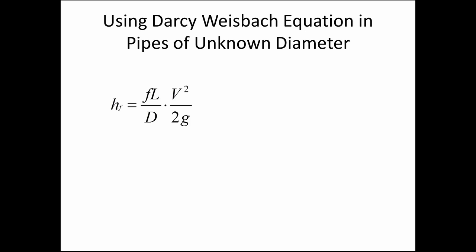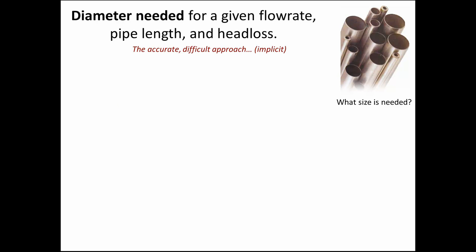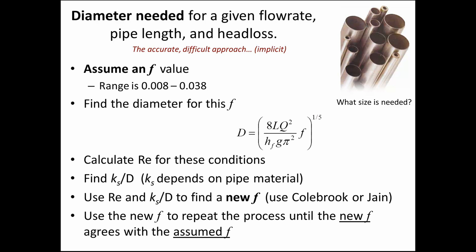In cases where the diameter of the pipe is unknown, we're going to utilize the Darcy-Weisbach equation by inserting it into the energy equation. An accurate but a little more difficult method, which is implicit, to find the diameter needed is that we start off by assuming some f value. The range of plausible f values is from 0.008 to 0.038. So you assume some f value and find out, using this expression which inserts the Darcy-Weisbach equation into the energy equation,